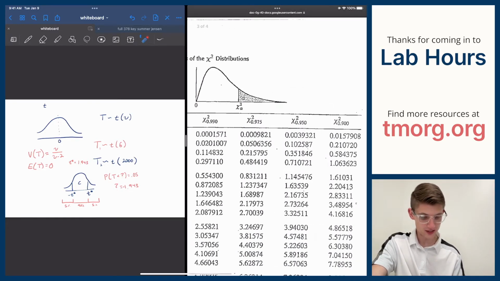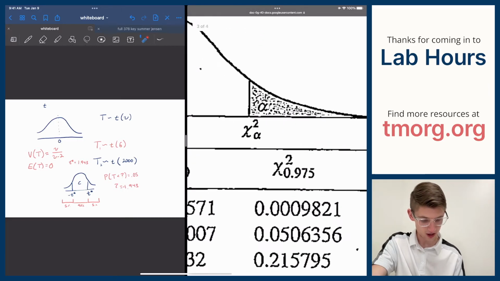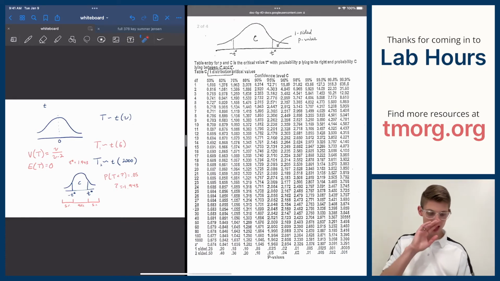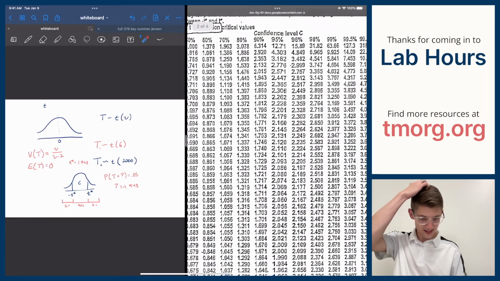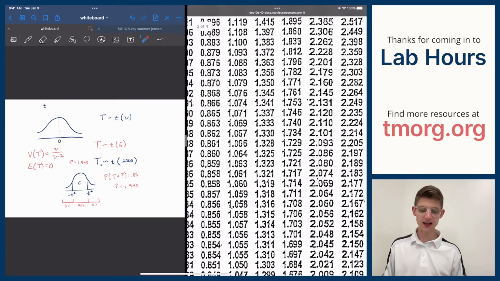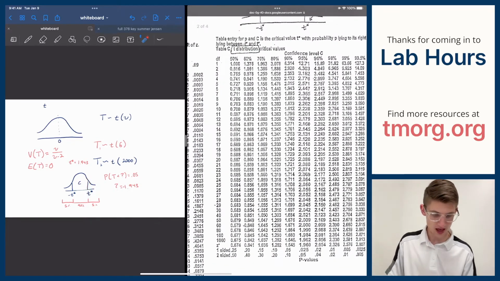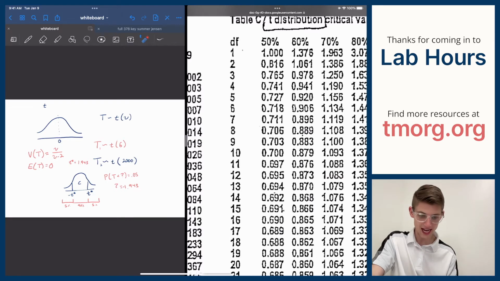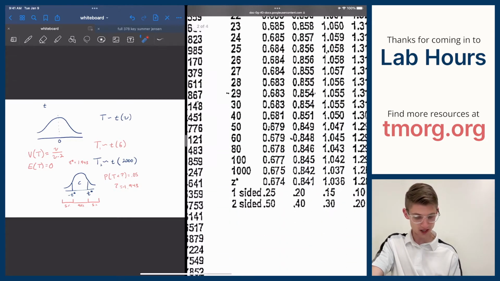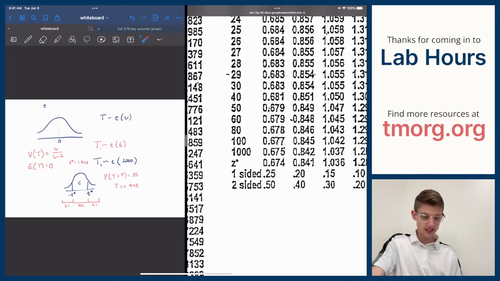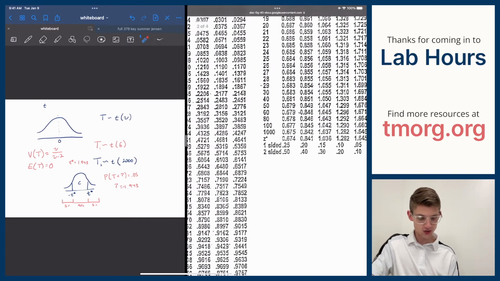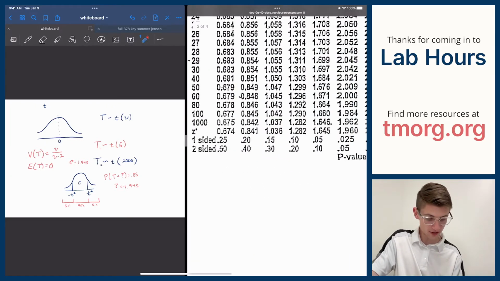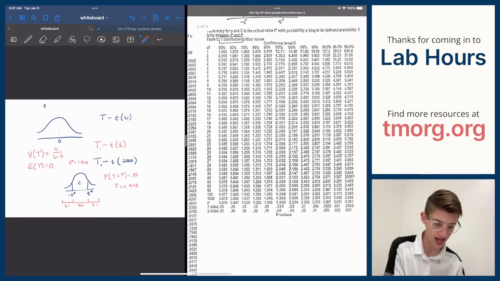And then, not to stress too much, but again, this one has alpha on the right. Z has alpha on the left. And then this t table looks a lot like the chi-squared table in that in the middle here you have the actual values, the numbers on the graph, right? To the left, you have a degrees of freedom column that tells you what does the graph you're looking for look like. Is it T5? Is it T24? Is it T1000? Or is it so big that you might as well just use the numbers from the Z table, Z star, right? The one other thing I didn't show you about the T distribution that we're going to show you now,